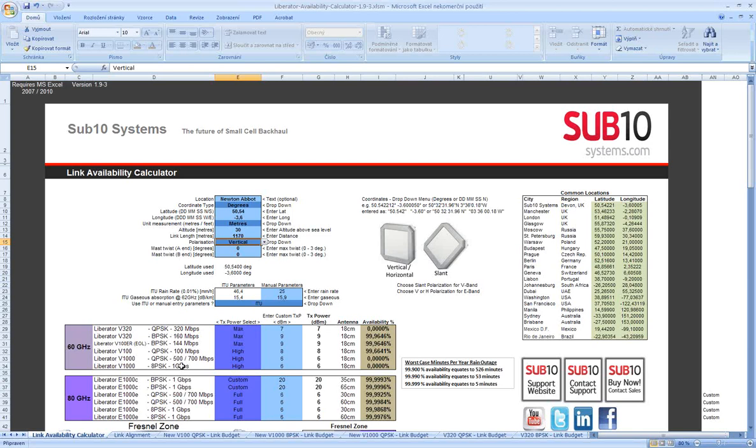If I'm looking for 1 gigabit, I have to use the APSK modulation, and in this case you are limited to shorter distances, which is logical. Higher modulation is more sensitive. The receiver sensitivity is not as good as for the lower modulation. It's logical: with higher modulation you have to have more energy, and usually higher modulation means